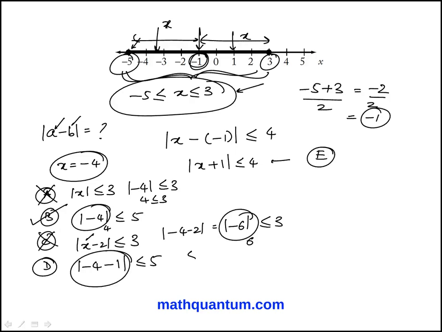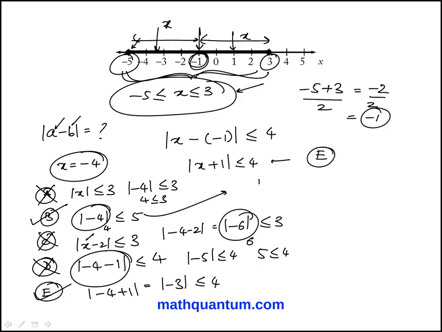Well, actually, I made a mistake here. This is 4. Let me just clean this up. I made a mess here. So that's what we're testing. Absolute value of -5 less than or equal to 4? It's not. So D is out. And we know E is the correct answer. So that one is going to work, which is absolute value of -3, and that is indeed less than or equal to 4. So we basically have to eliminate B and E,